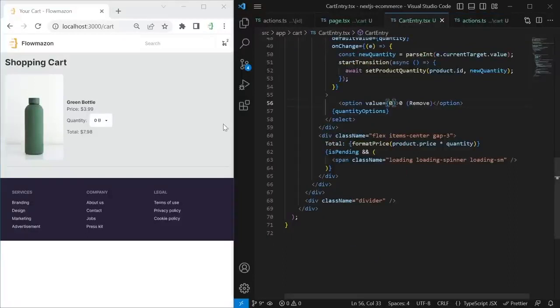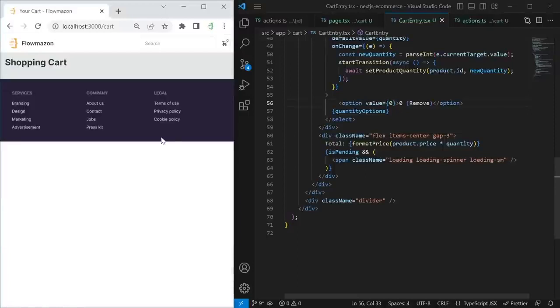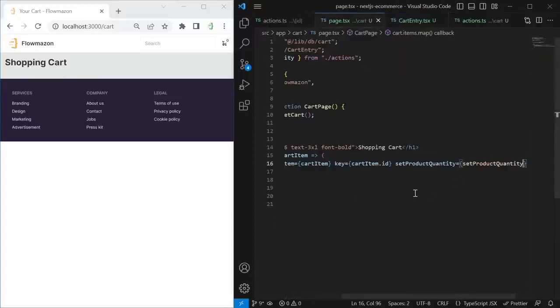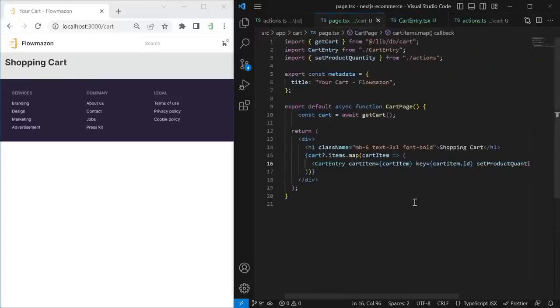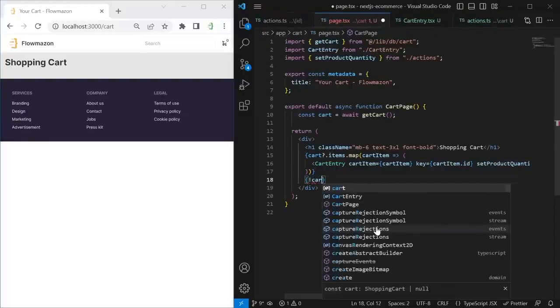So let's try this out. Let's refresh this so we see the correct data again. Now we have 0 remove, which removes this item from the cart completely. But then it also makes sense to have some text here when our cart is empty, right? So it doesn't just look like this and the user might be confused. So let's go into the cart page once again and go below the map function here inside the div. We add another expression. We want to check if